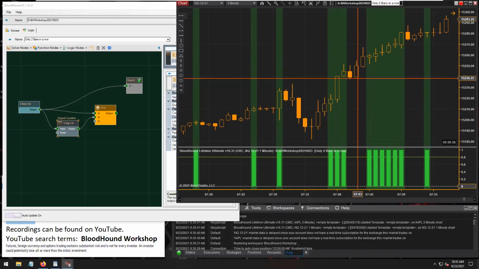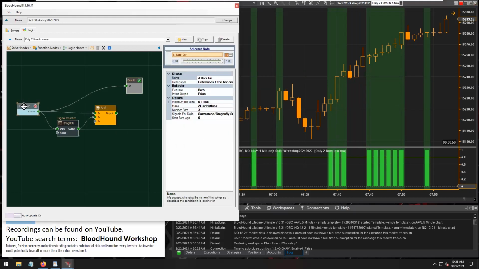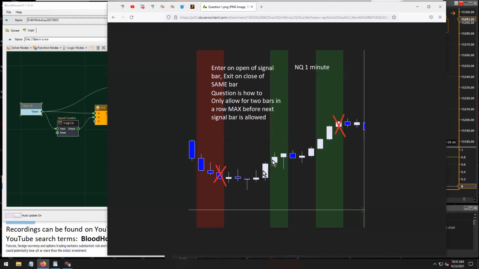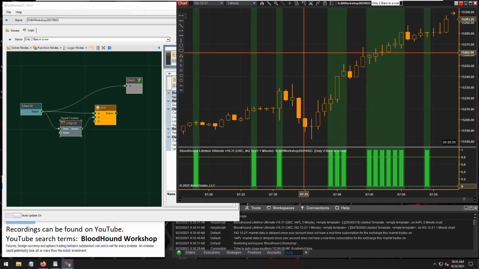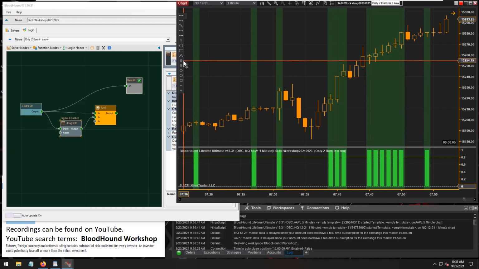So yeah, with exactly the way Randy kind of back engineered this, based on the screenshot that I'm seeing here, I'd say that the signal counter does not need to be reset here. Keep in mind, this may not work perfectly in all situations. I can't really think of a good scenario off the top of my head, but